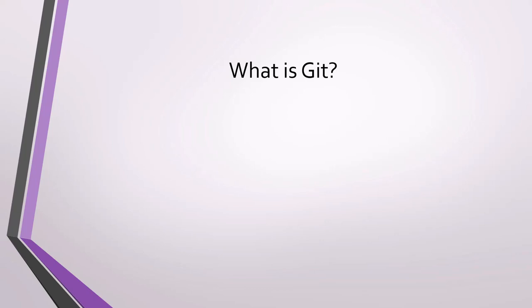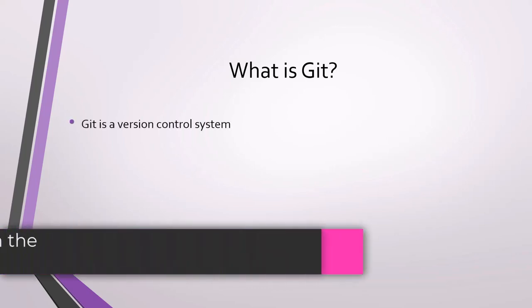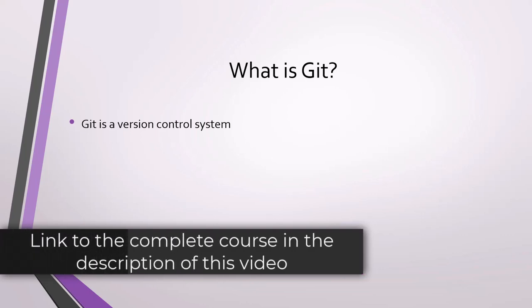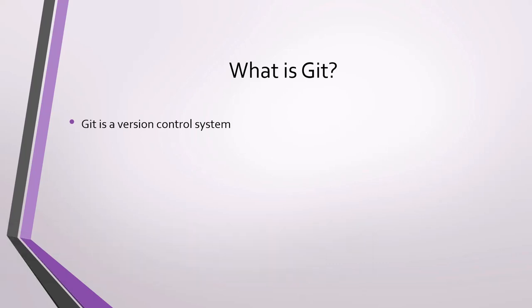Now that we have an idea of what version control is, we can talk about Git. As you can imagine, Git is a version control system. That is, Git is an implementation of what we saw in the previous video. Specifically, Git is a distributed version control system that is used to track changes in the source code of software